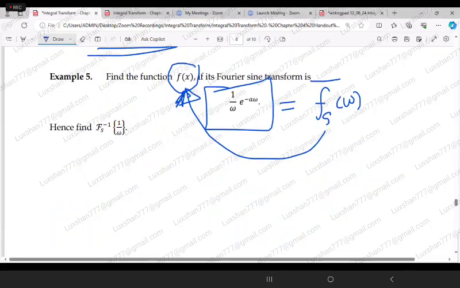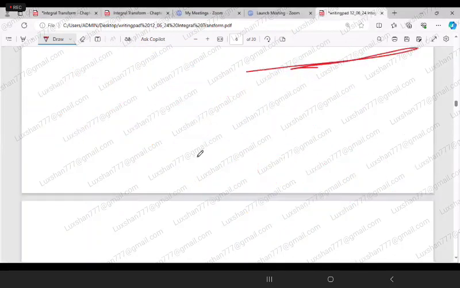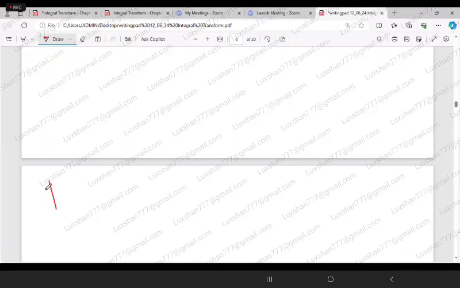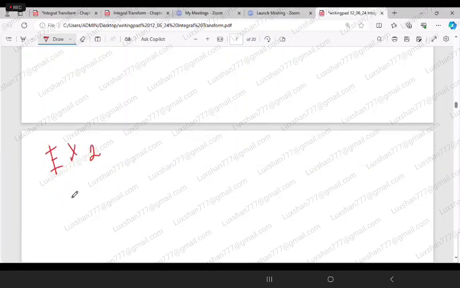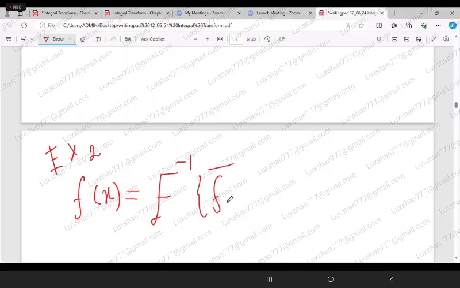So we want to find the inverse Fourier transform. So next example, we want to find the inverse Fourier transform. So f(x) is equal to, we want to find the inverse Fourier sine transform, which is equal to